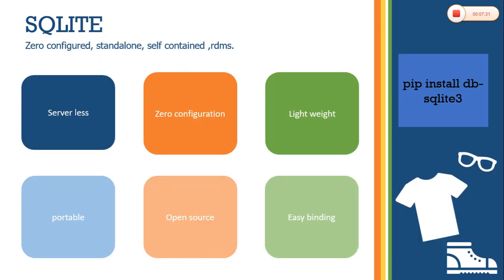Now coming to the features of SQLite, it is serverless. That is, most SQL databases are implemented as a separate server process, and SQLite doesn't have any separate server. It is a serverless database engine which is very light, about 550 KB only, and it is open source and zero config. That is, it doesn't require any configuration while running the code, and it easily binds with other programming languages like C, C++, Java, Ruby and etc. Because of these features only, SQLite is very popular.